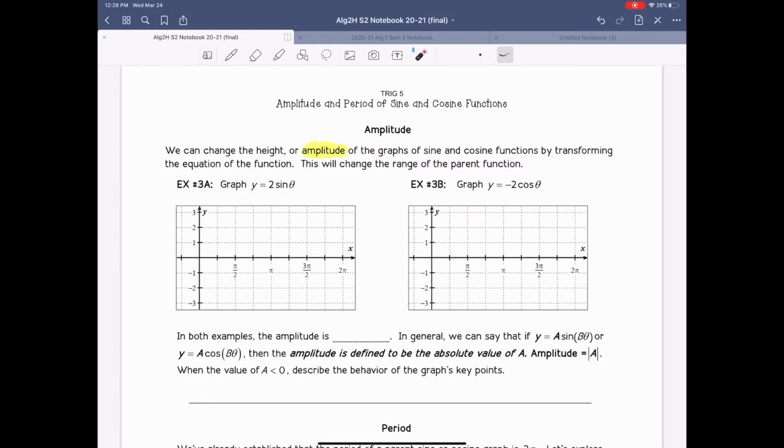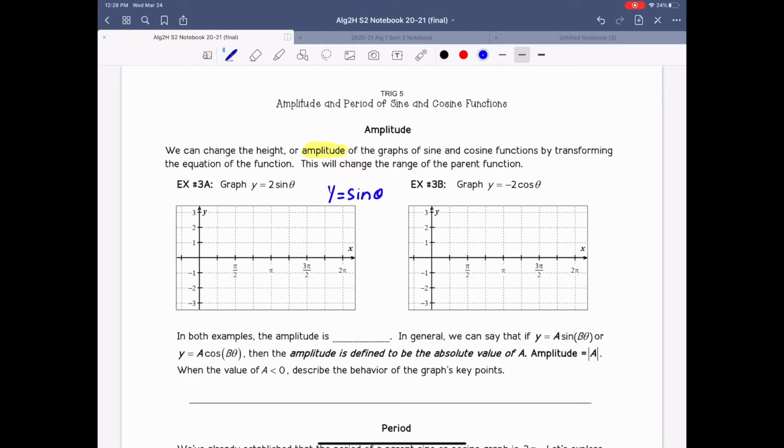Now, historically in this class, we know that any number we're multiplying to our function is our a value. And our a value is what manipulates the vertical stretch or the vertical shrink of our function. In other words, we're going to take all of the y values of the parent function and multiply them by the a value, 2. So before we get started, let's go ahead and write down the graph of the parent function, y equals sine